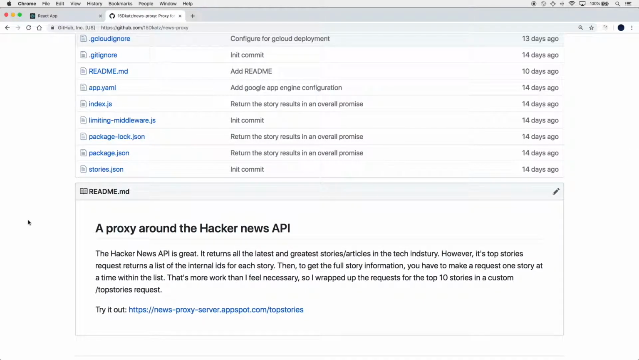And then you've got to make a request for each top story one at a time, according to its ID, if you want the full details of all the top stories. So that's a little too much work. So I wrapped up requests for the top 10 stories in one request that you can make to this proxy at /top stories. So if you're at the repo, go to the README and then click on the /top stories